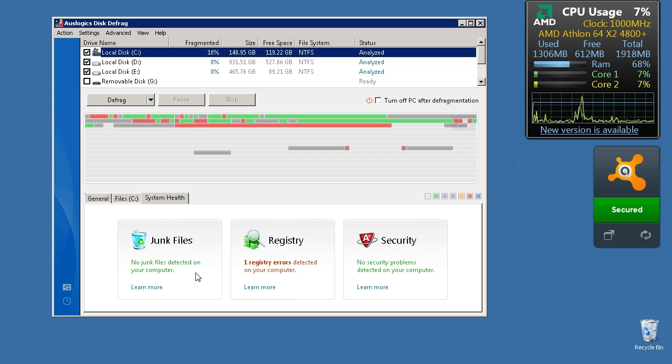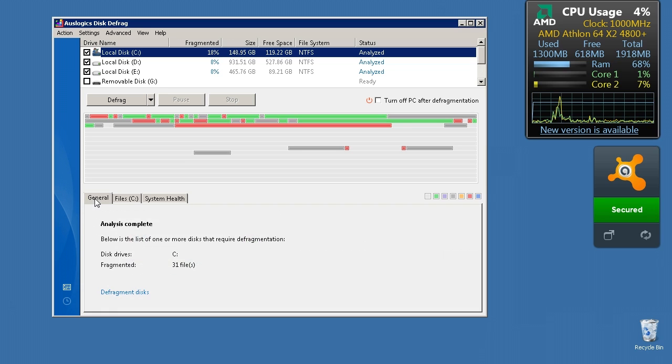And then System Health is links to a couple of other applications on the web that you can download. They don't really do anything in this application. It scans for things that might be of concern and then gives you the option of downloading another program. I suppose that is the way they pay for this software, because the software is free and